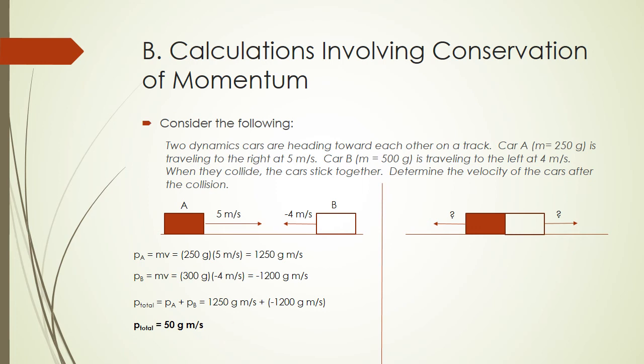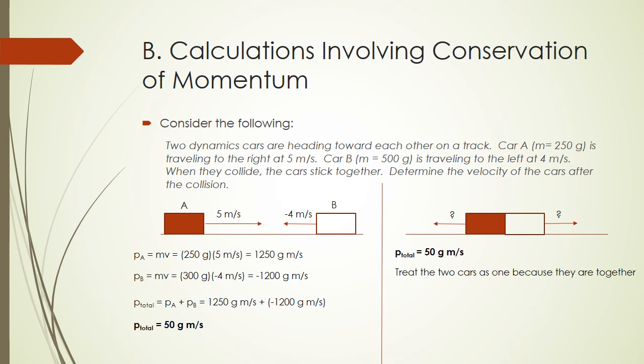system before the collision. Now again, recall the entire premise of all these law of conservation of momentum calculations is that the total momentum before will be equal to the momentum after. So I know that the total momentum after the collision is 50 gram meters per second. That'll be the total of the two. Now again, recall that these two cars were told that they're going to stick together. So that actually makes it easier if they stick